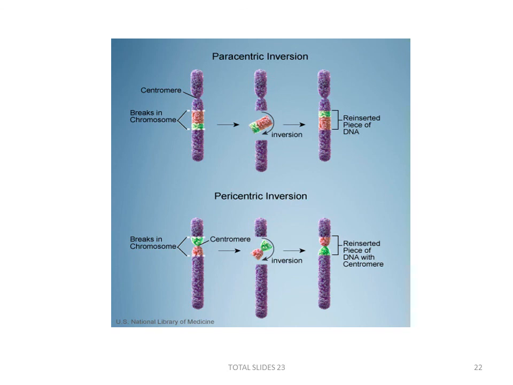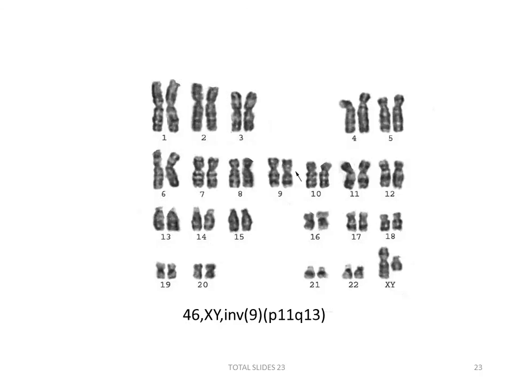We have paracentric inversion if the inversion occurs away from the centromere, or pericentric inversion in which the inversion includes the centromere. An example here is inversion 9, where we have para or